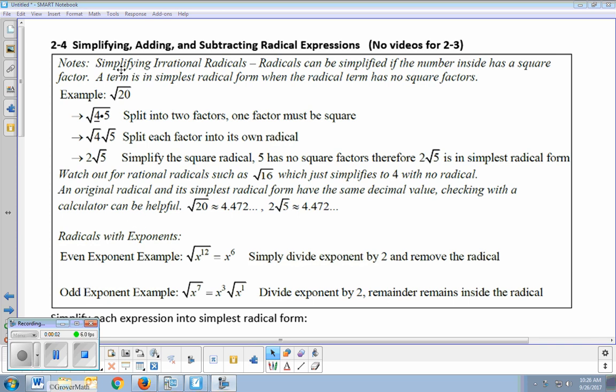Algebra 1, Common Core, Unit 2, Section 4, Simplifying, Adding, and Subtracting Radical Expressions. Just to note that there is no video 2-3 in this chapter. So,